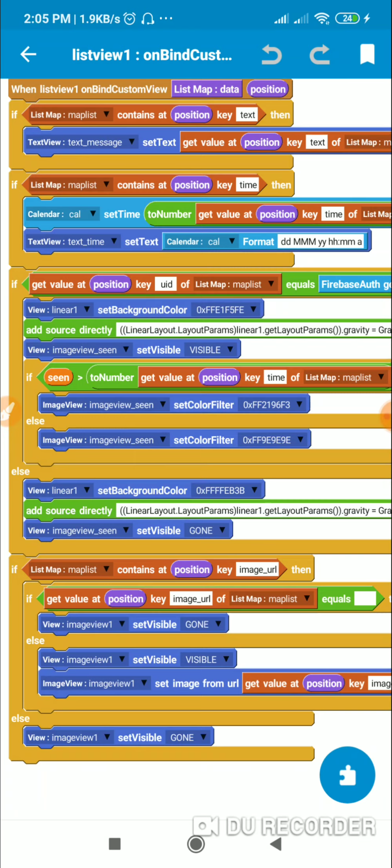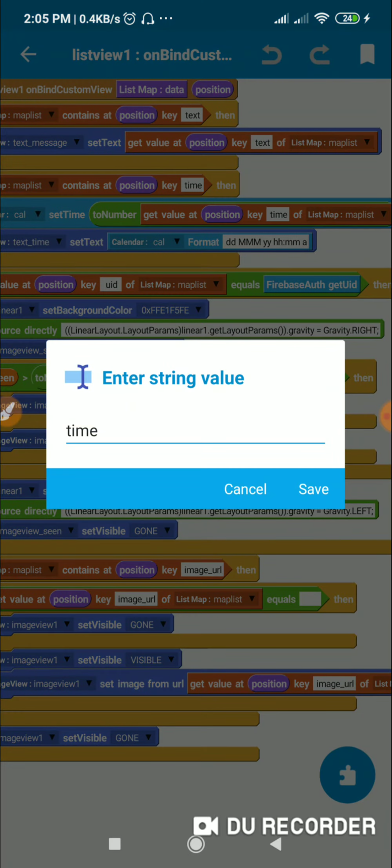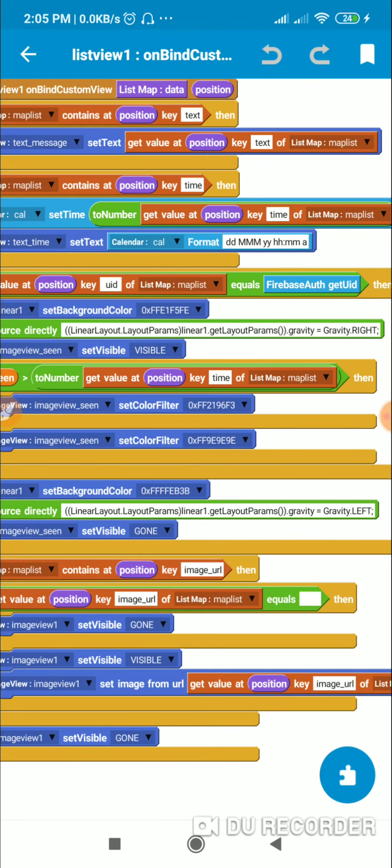Okay, and after this, if the number seen is more than the getValueAtPosition key time of listMap mapList to number.